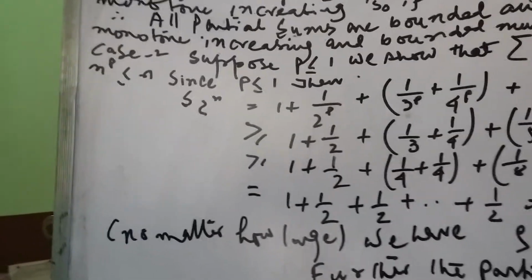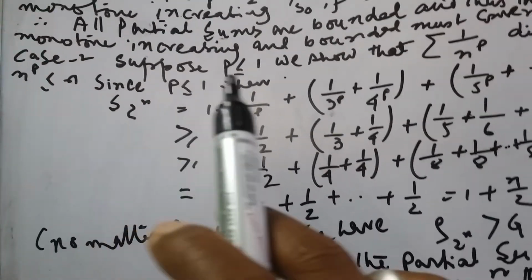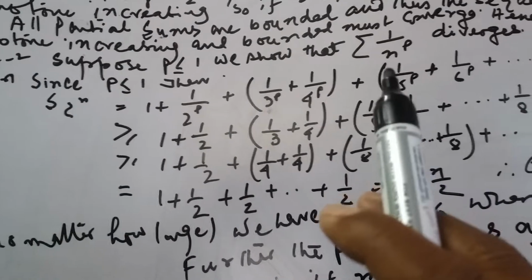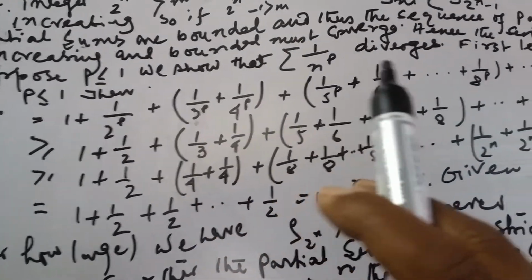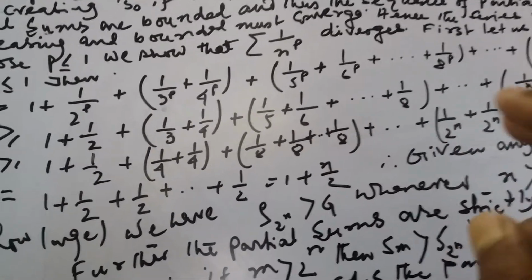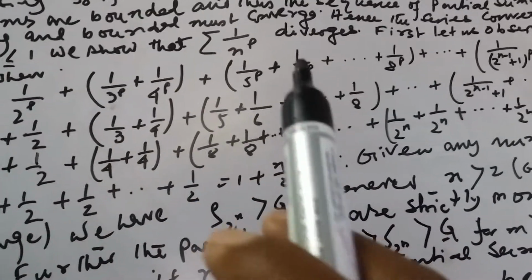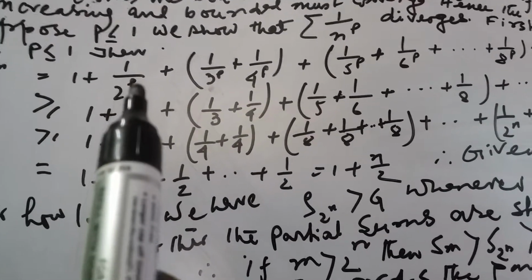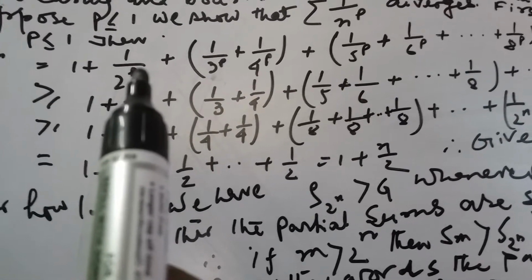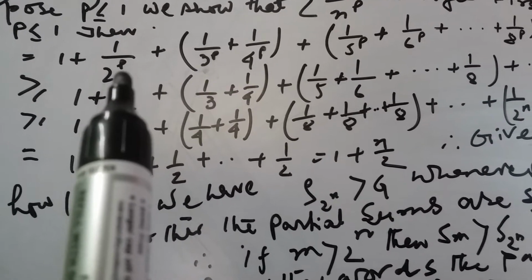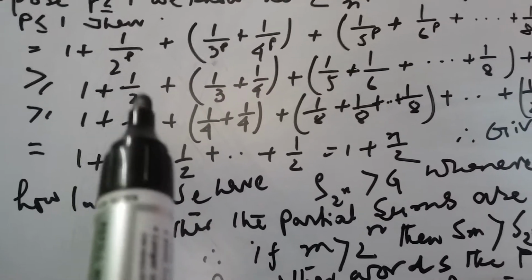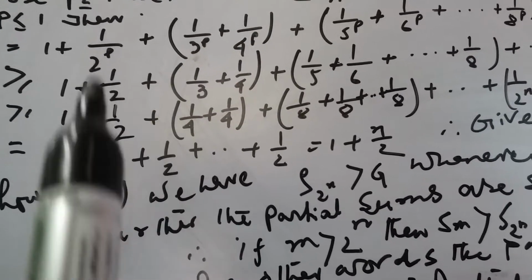Now case 2, suppose p is less than or equal to 1. We show that this is a divergent series. First let us put p equal to 1, so you can write the first term, second term 2, third term, and in this way you can write. So if you put p equal to 1, since p is less than or equal to 1, the division of this term